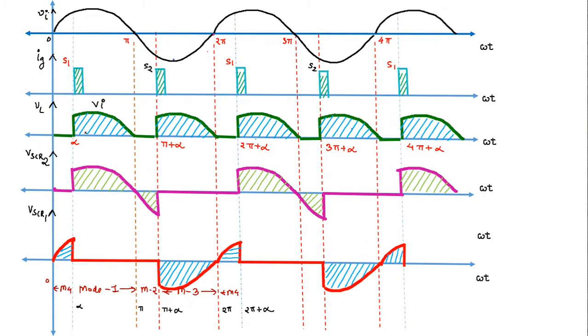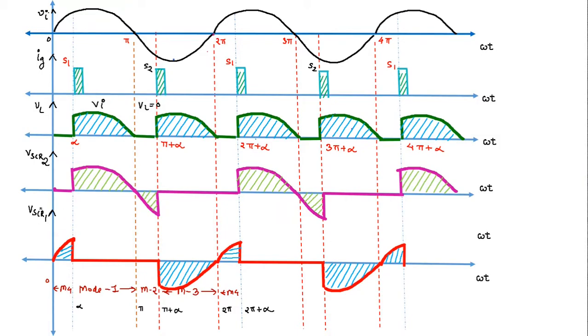Now we will see the load voltage. What will be the load voltage? Because the negative half cycle is coming and because the freewheeling process is occurring in the mode 2 operation, the load voltage is equal to 0. This we have studied. So load voltage is equal to 0, we will represent like this.